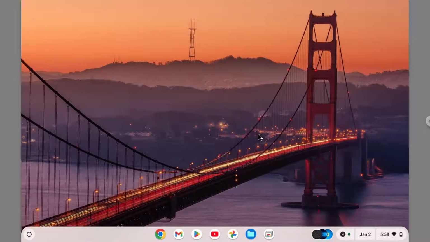In this video, I'm going to show you some different ways you can take a screenshot of your Chromebook screen. So let's start with the first method. The first method is by using a keyboard shortcut. The keyboard shortcut that you have to press are the Ctrl, Shift, and then the show screen keys on the